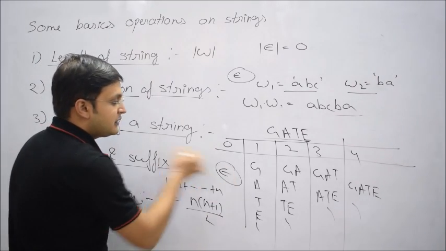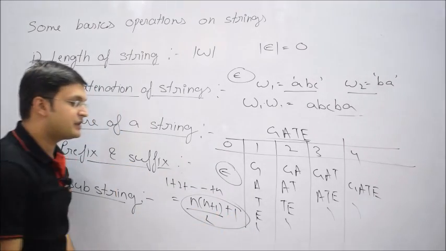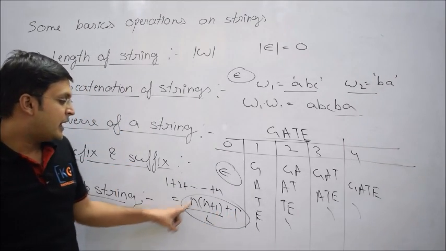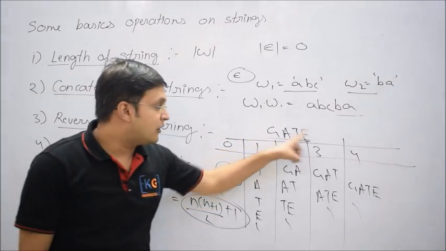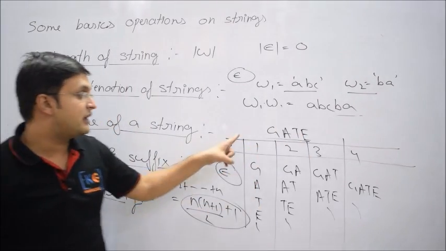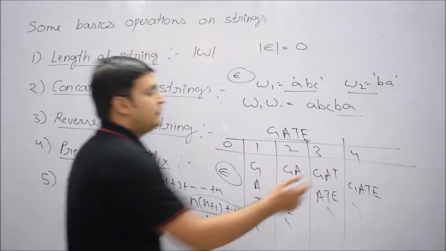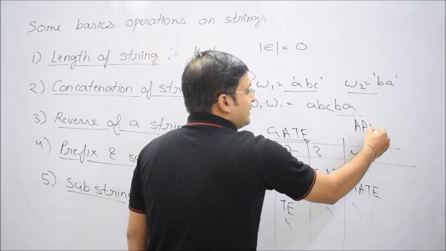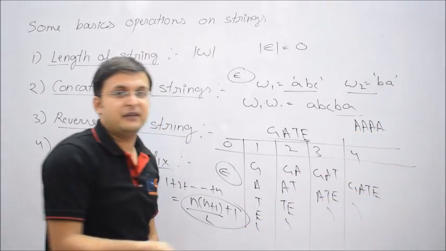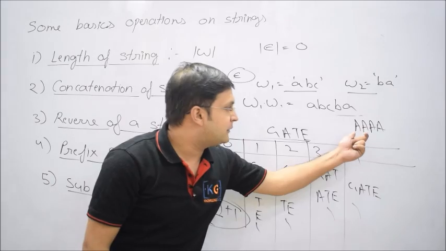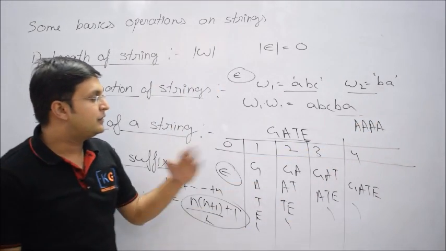And one special case for null. So the total number of different substrings possible is n into n plus 1 by 2 plus 1, if the length of the string is n and it contains unique symbols. If the symbols are not unique, for example for AAA, 4 times A, there will only be 5 substrings possible, because if you take double A one time, then you cannot take double A again. So that will be the logic.